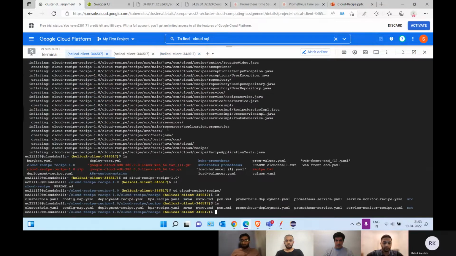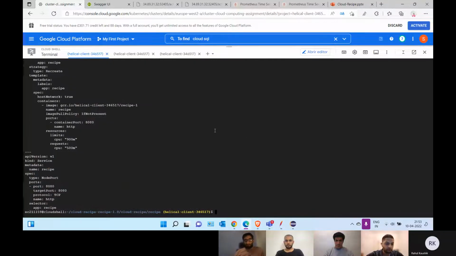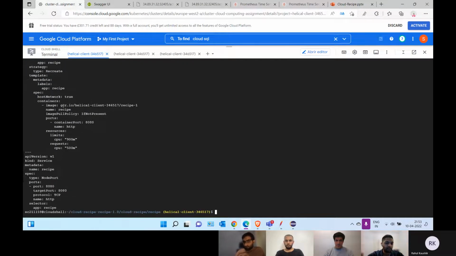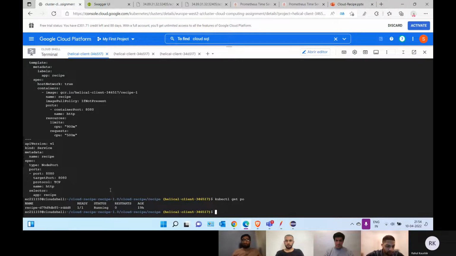To deploy the application, I've created the image of it, and I can show all these are updated on the GitHub link. So cat deployment.recipe.yaml. This is the file which we have created to install our application on GKE, and here's the image path and the output service to expose our application. And this application, I can show you with kubectl get pods. So this is the application which is running currently, and it's on service